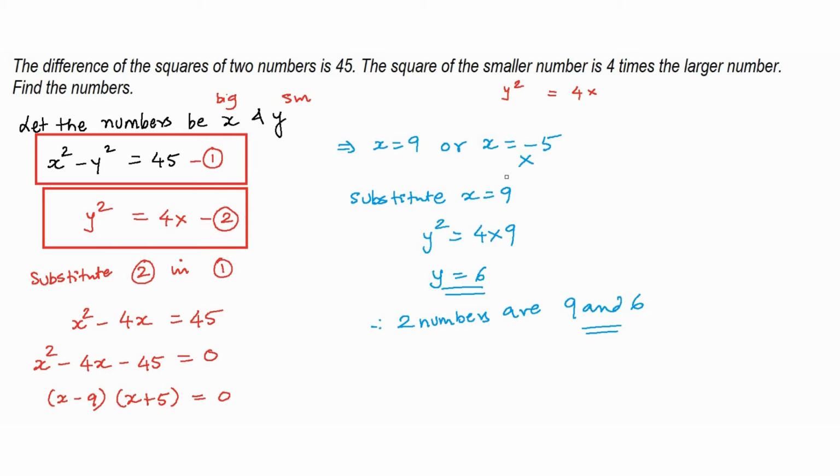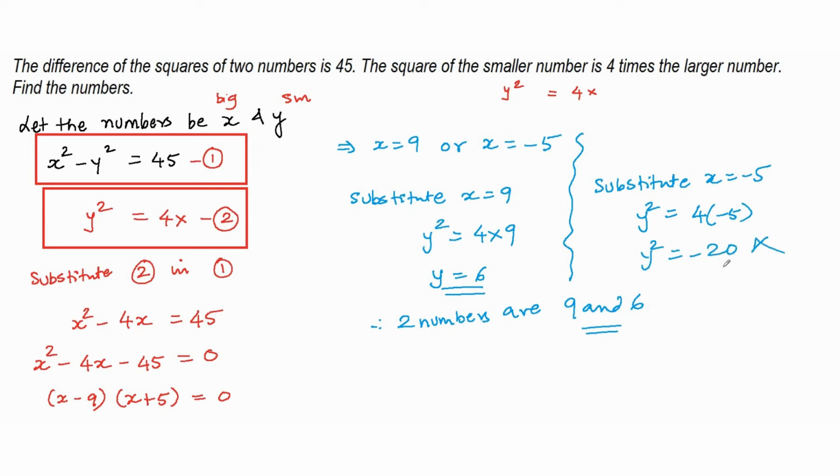Now, by the way, why didn't we take x as negative 5? It's not mentioned anywhere over here that the numbers are positive, so we should even consider x as negative 5, right? So now let's take x as negative 5. So substitute x equals negative 5. We get y square equals 4 times negative 5. So y square equals negative 20, which is now not possible, right? A negative number cannot be the square of any number, and this leads us to imaginary roots, or something known as complex numbers, which is not a real number, right? So y square equal to negative 20 does not yield a real value for y,